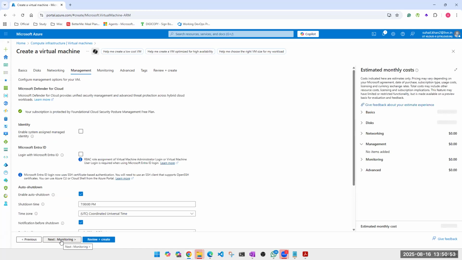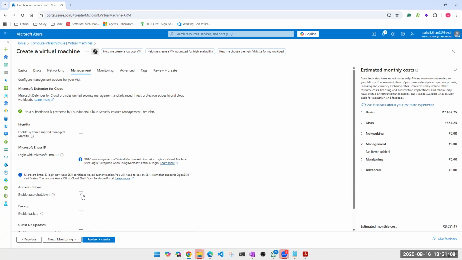Look at this. And where do you think your interview questions are coming from? They're not coming from nowhere. Those questions don't just descend from the sky. Those questions are coming from here. They are going to ask you what happens if you don't click auto shutdown, or what happens if you click auto shutdown. Or the interviewer may ask you that while creating a machine, I am creating this machine, but my